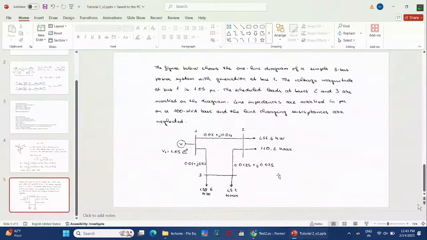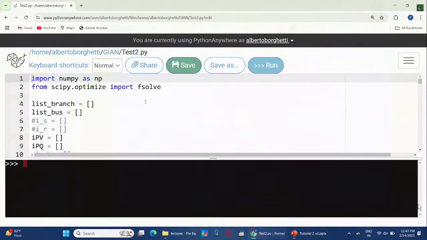And we are in the middle. So I will open again the file. And the file is this test2. We have already included the list